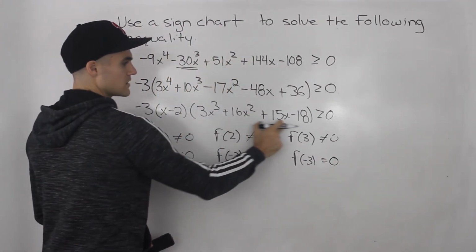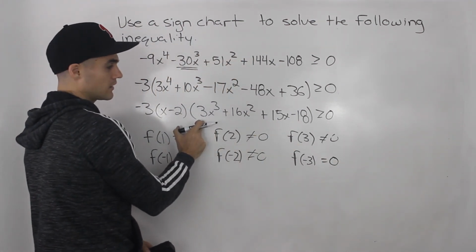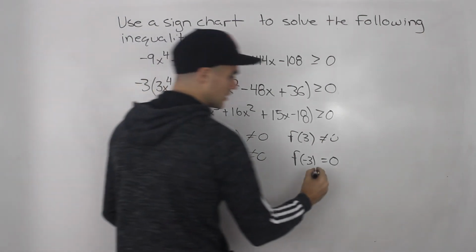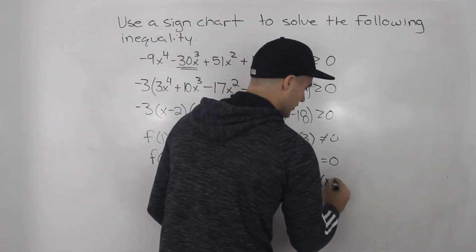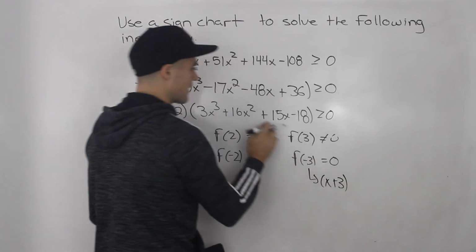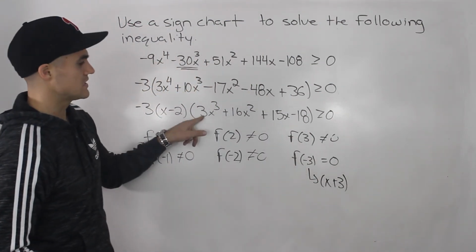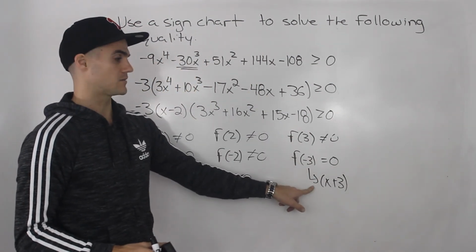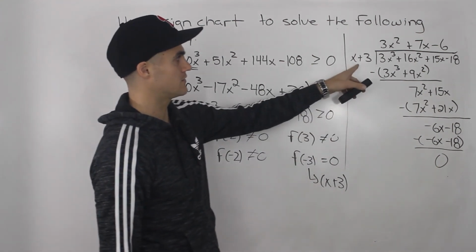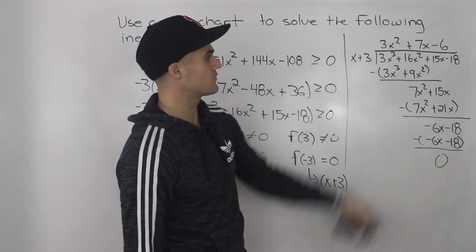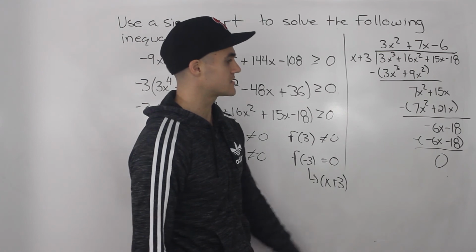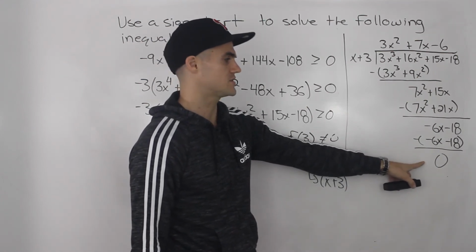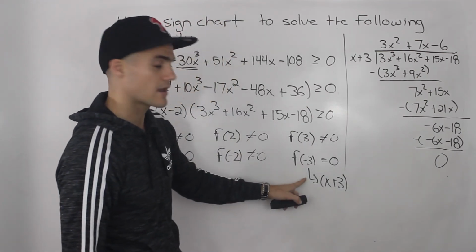So because negative 3 is going to work here, when we plug in negative 3 for x, it'll be 0, then we know that x plus 3 is going to be a factor of this. So we could take this cubic and divide it by x plus 3. And when we do that long division on the side here, we end up getting a quotient of 3x squared plus 7x minus 6. Notice how we got a remainder of 0, which makes sense because x plus 3 has